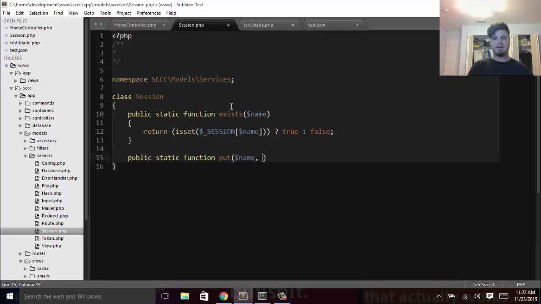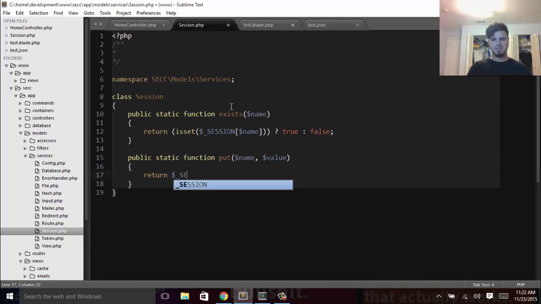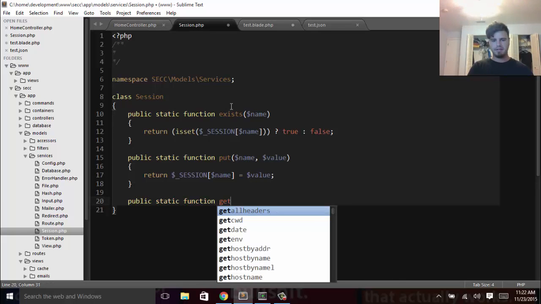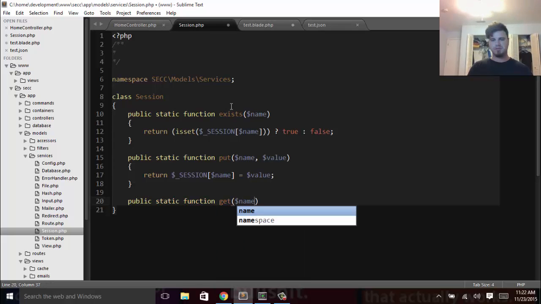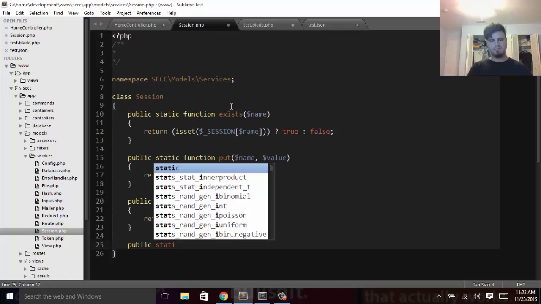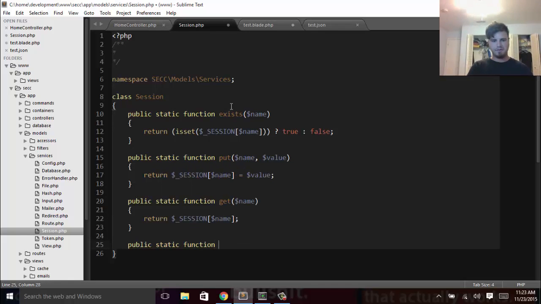We'll give it a name and a value, and we'll return $_session called name with the value of value. And we'll also need a public static function get, so we can grab a session, which we'll just get from the name. We'll return $_session with the name of name, and we'll also need a delete function so we can get rid of a session, and that'll be static function delete, and we'll give it a name, and we'll use our if self